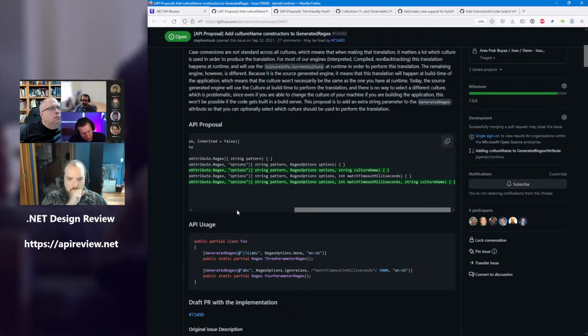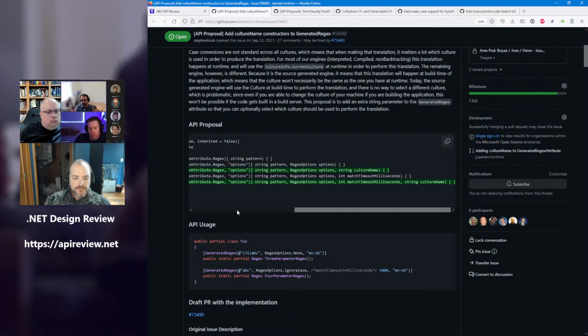Okay, so I think that answers my other question. So there's no need to have specialized invariant or current. We already have RegexOptions.CultureInvariant. If you set that RegexOptions.CultureInvariant, and then you also pass in a culture name, we are throwing. I already have this implemented in a draft PR, and the way that we implemented that is we're throwing,